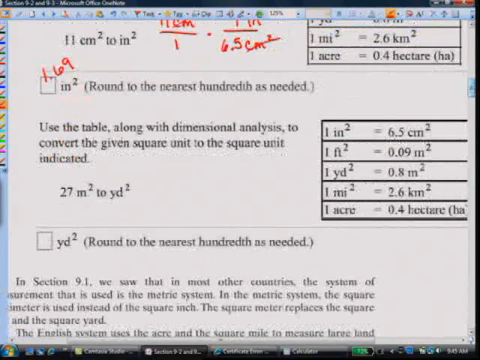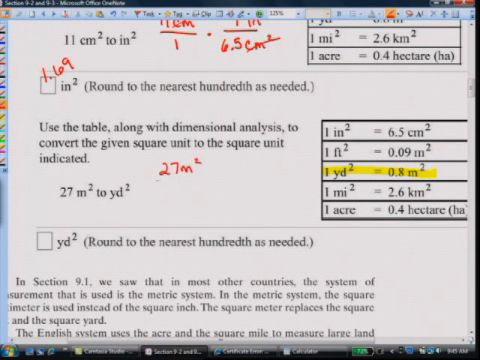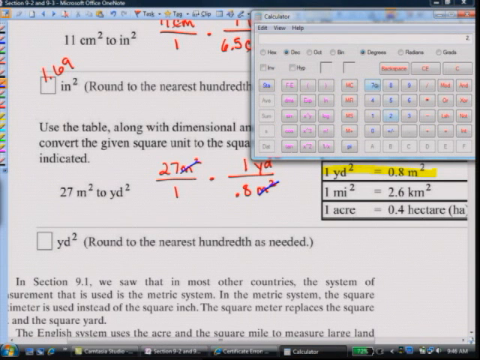So 27 meters squared is how many yards squared? Well, looking at your table, here's your relationship. 0.8 of a meter squared is about 1 yard squared. So we'll set the unit multiplier up. 27 meters squared over 1. We want to cancel our meters squared, and we want to end up with yards squared. So we're going to put the 0.8 with the meter squared, and we put the 1 with the yard squared. Notice that your meters squared cancel. You have yard squared on top, so that's going to be 27 divided by 0.8,